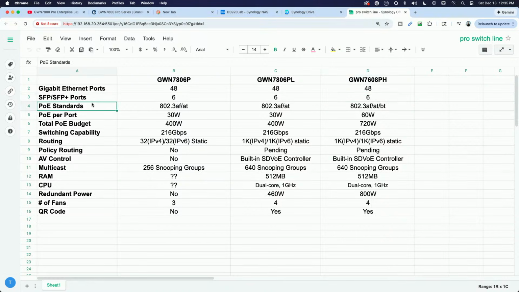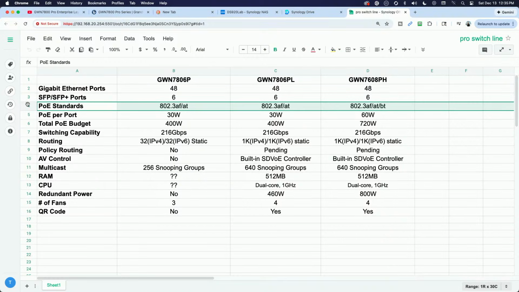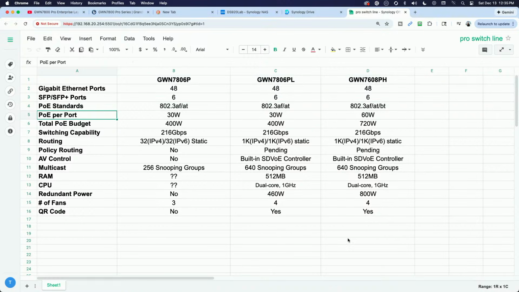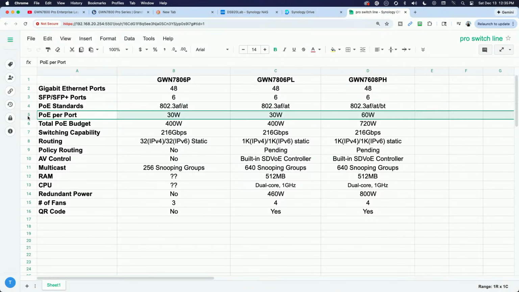As far as the PoE standards, 802.3 AF and AT on the 7806P and the 7806PL, but on the PH, it supports 802.3 AF, AT, and BT, and then you can see the PoE per port here.